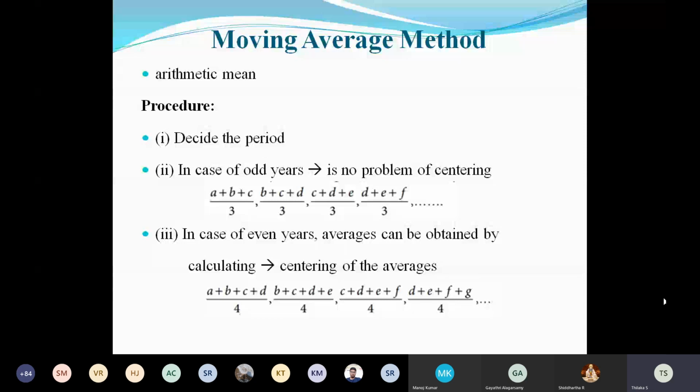Okay, so we are having so many years in the problem data. On that category, on that area, this will be very useful. That is, the moving average method, which is used for calculating the trend, will be useful while we are having a large set of data. So this can be calculated for 3 years, 4 years, 5, or this is up to us, or based on the set of data which we selected, or maybe based on our interest.